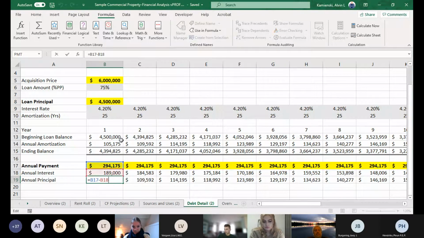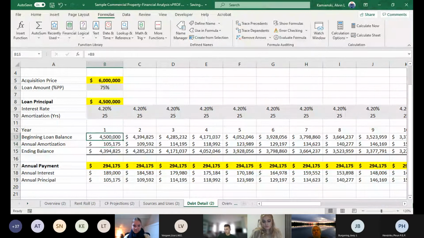The principal, the annual amortization, is what gets paid down. So that after I borrow $4.5 million and I pay in the first year $294,000 worth of a total payment to the financial institution, of which $105,000 relates to principal paydown, by the end of the first year, I owe